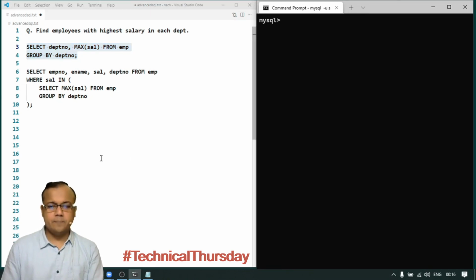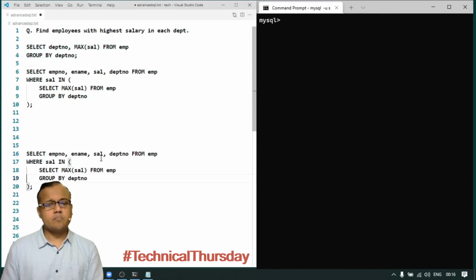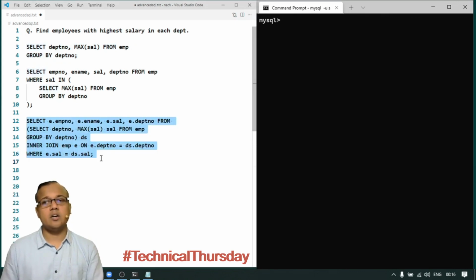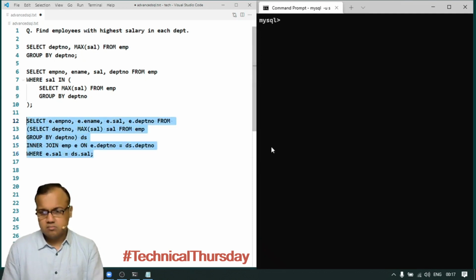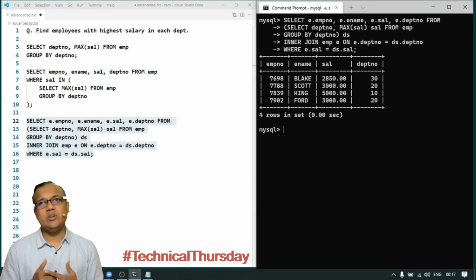So I will go ahead and take a join statement between the employee table and the output of this group by. Here the join is applied on department number, getting the employees whose salary is equal to the department's maximum salary. Will this give me the result? Let me take a look. Oh yes, I got the accurate result.